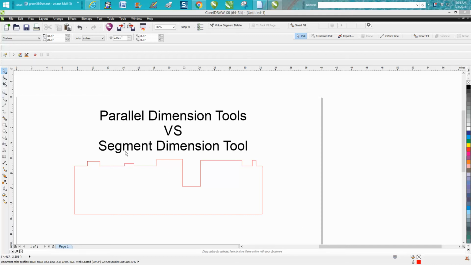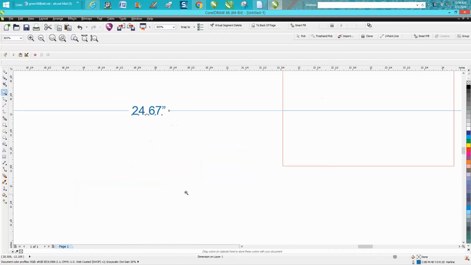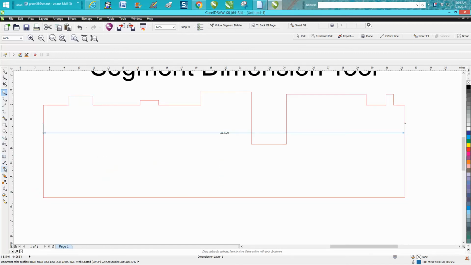For a long time, I've been trying to figure out the advantage of the Segment Dimension Tool versus the Parallel Dimension Tool. Both of these are underneath your flyout of your Parallel Dimension Tool. I use this all the time to measure parts that I'm making. And you can see right there it is 24.67 inches. The advantage of the Segment Dimension Tool is it goes off nodes,